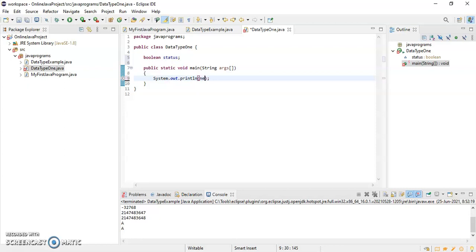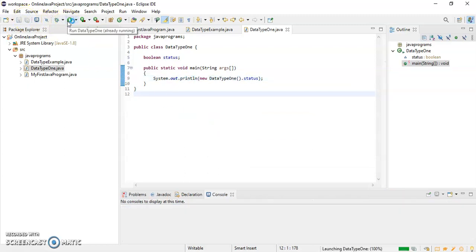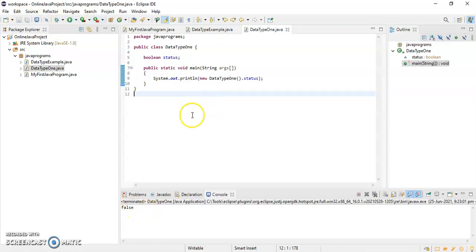So as of now I'm just writing new data type 1 dot status. Okay, see, so I'm just running this one, so it will give me false because if your class variable or instance variable doesn't contain any value, one default value will be assigned to that particular variable, and in this case false is assigned to status.